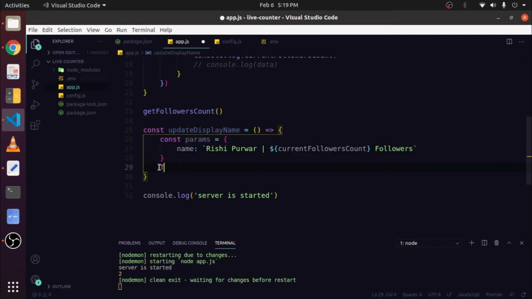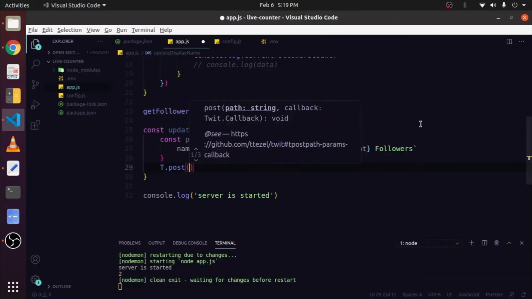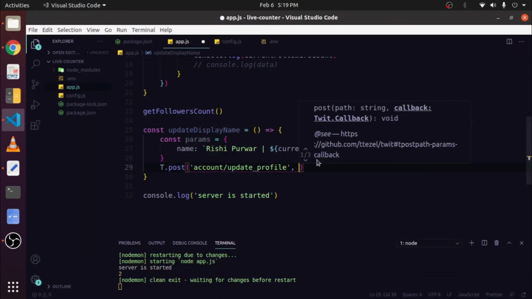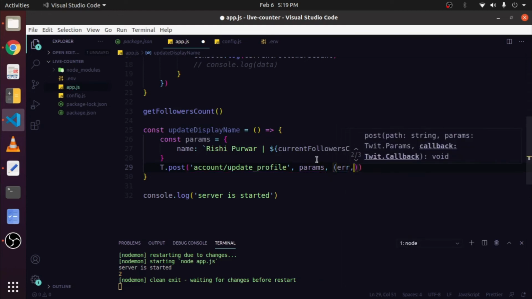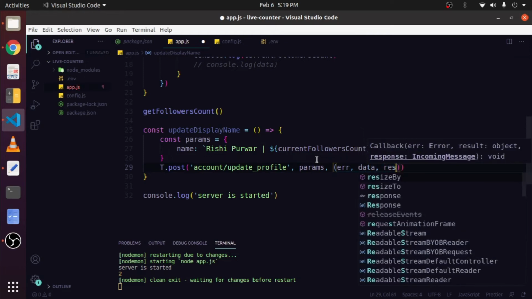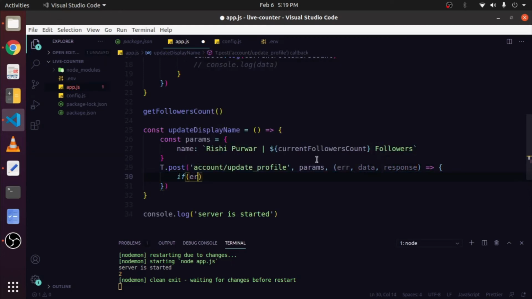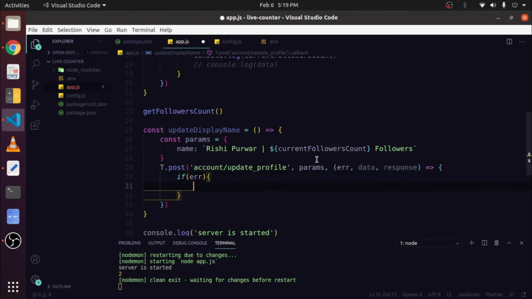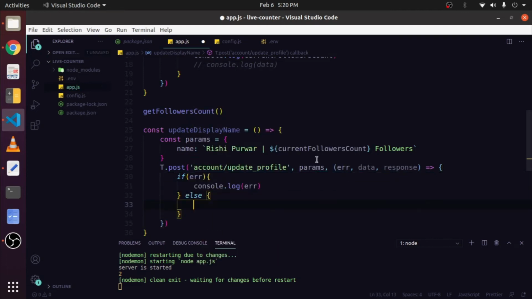After that, use a tut package and make a post request to this endpoint account/update profile like this, and then pass params as a second argument, and the third argument is a callback function. It takes error, data and response as an argument, and if there is any error while making a post request to this endpoint, just log this error into the console, and if everything is working fine, then log